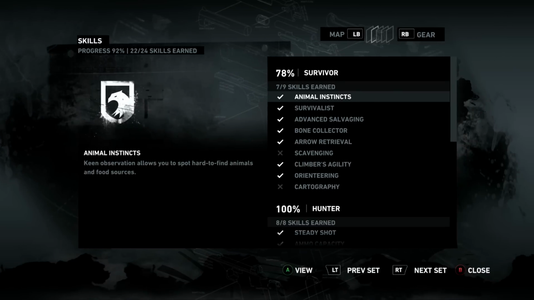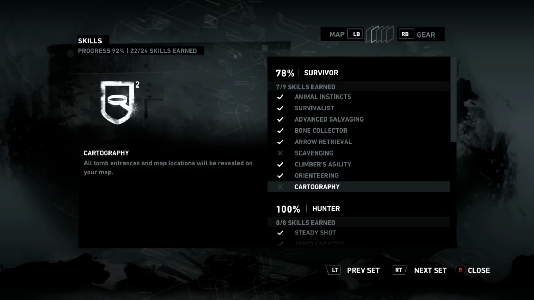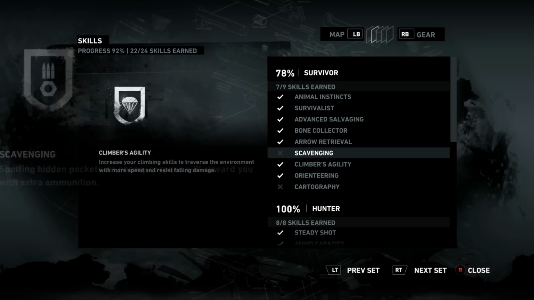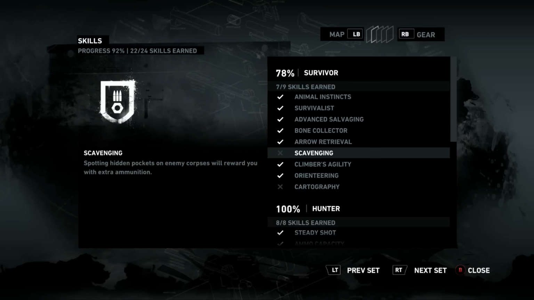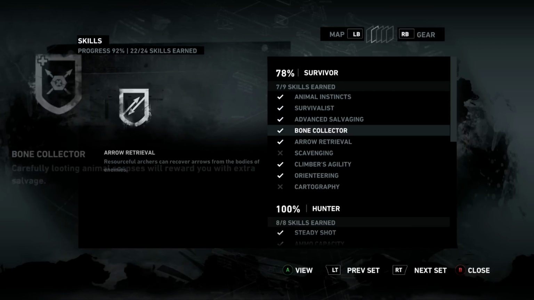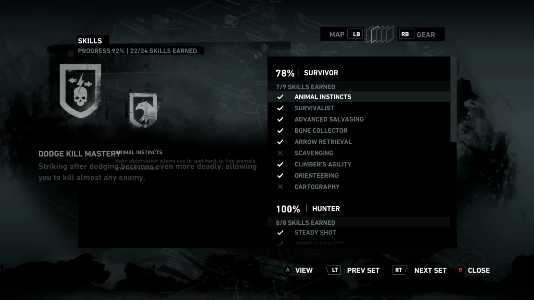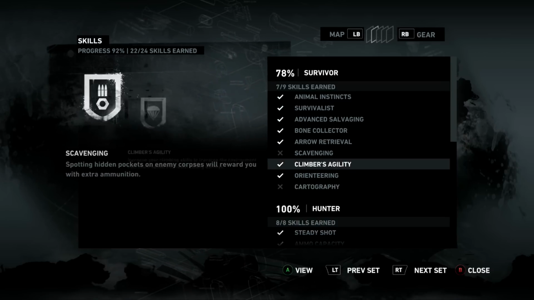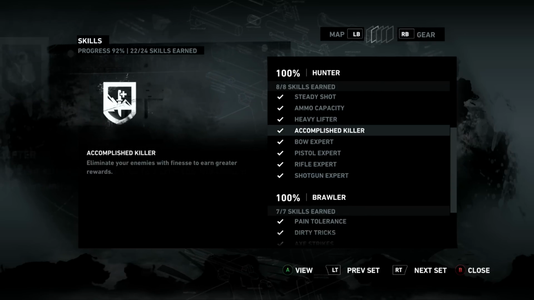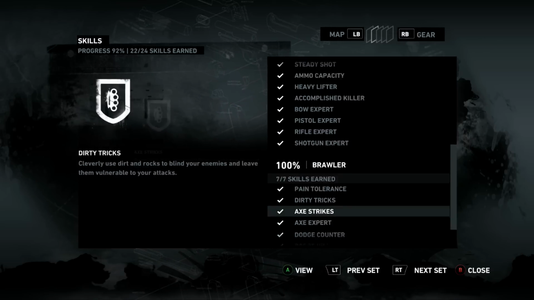I'm kind of leery that at this point in time, the cartography is really a waste. Some advice I would give for starting again is actually getting Bone Collector, Salvaging, and, let's see, which one is it? Accomplished Killer early on in the game. Because as you can see, going through and